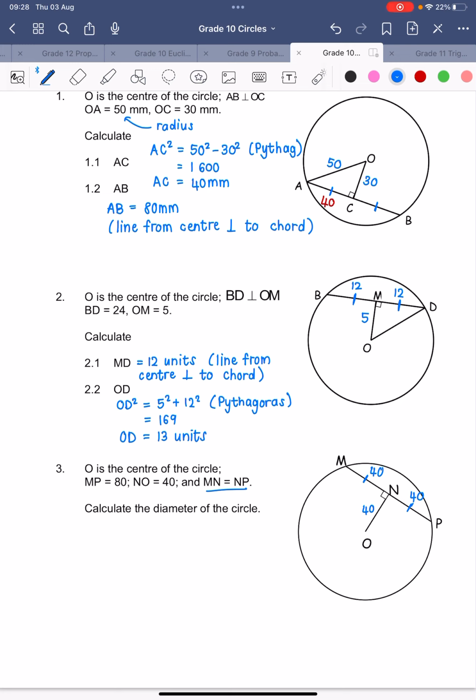What do we think we're going to do there? Yeah, so we can construct a radius there, right? Or on the other side, OP, either way. And then you can use Pythagoras to find that length. Is that right? And then what do you do with the length of the radius if you want the diameter? You're going to times it by 2. Okay, so that is your homework for Monday, guys. You have 4 whole days to do this question. But also